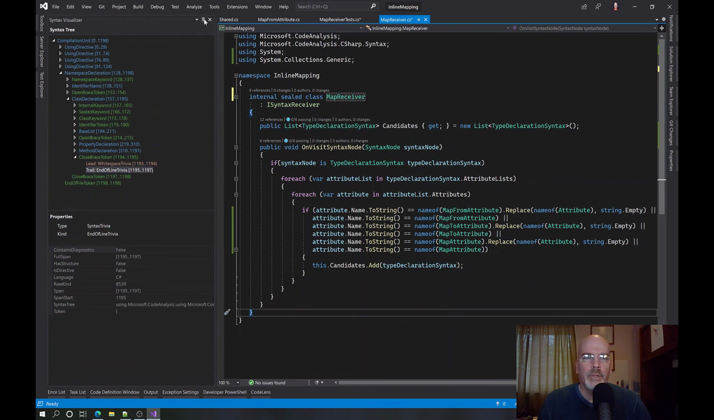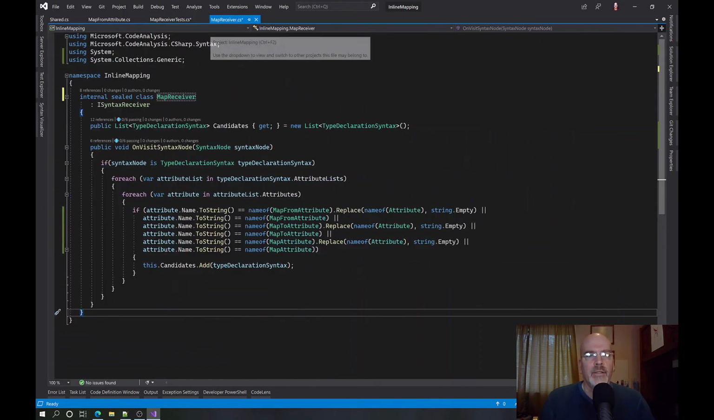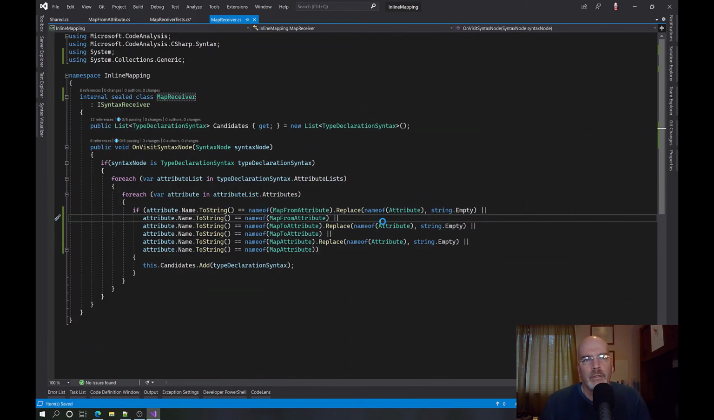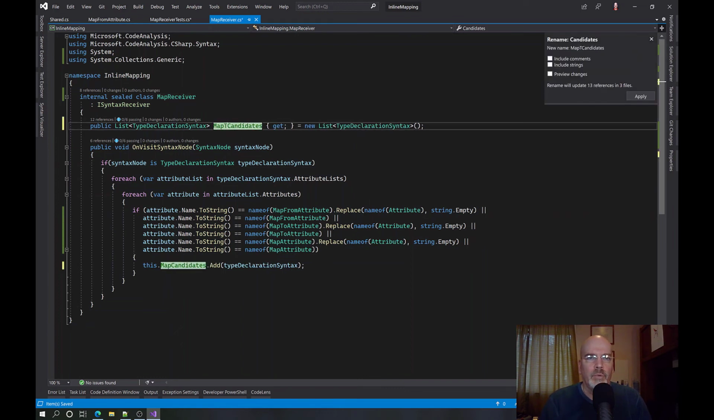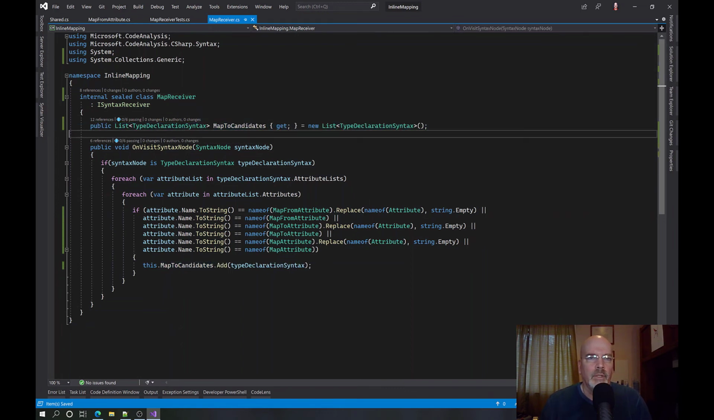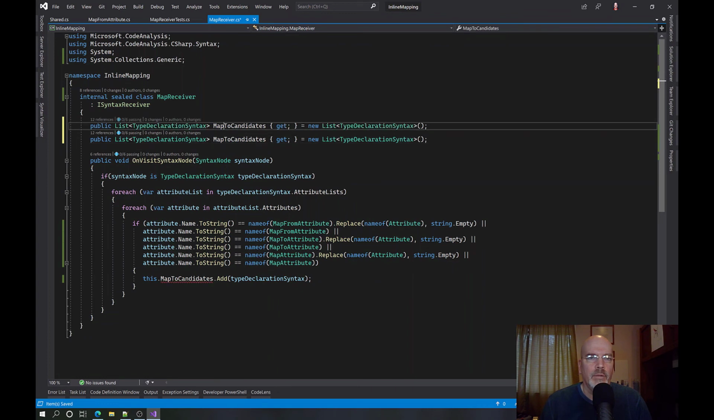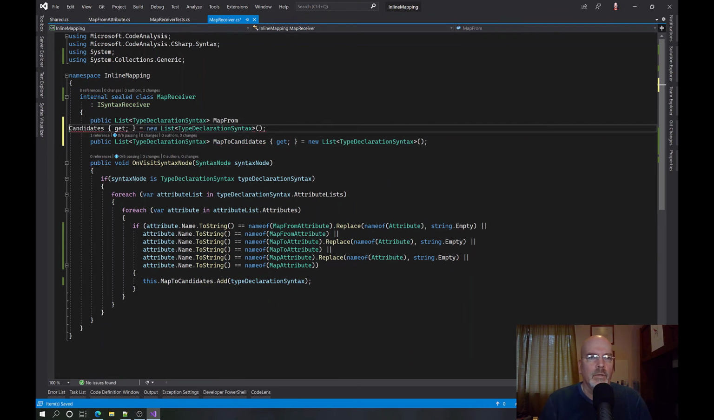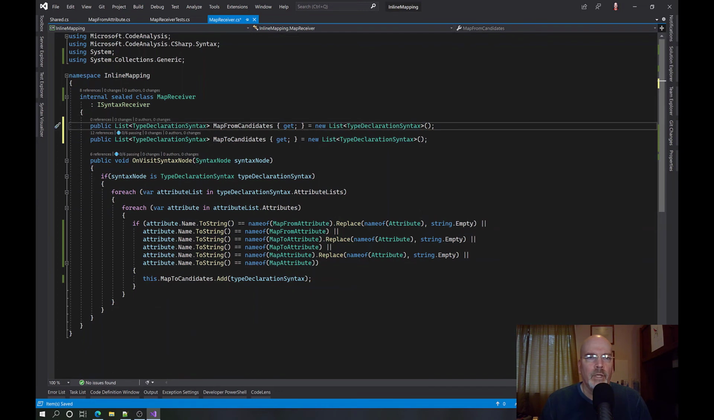Right. Now, what I could do is create candidates like map from candidates, map to candidates, and map candidates, because they're just candidates. Okay, so maybe that's the right thing to do. Yeah, I'm thinking that is. Okay, so we're going to call this map to candidates. And then we're going to have a map from candidates. Okay. And then we're going to have a